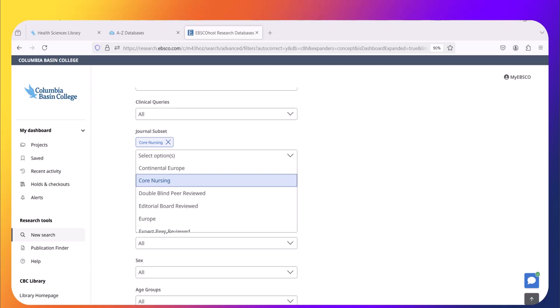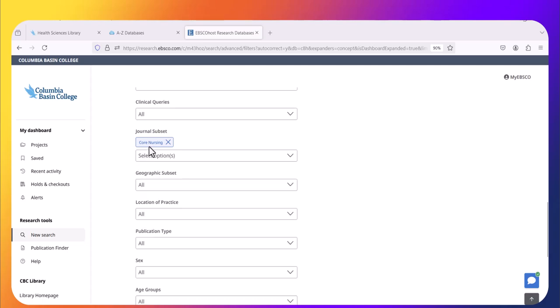While in your second year of your nursing program, when you might be asked to write a paper on a topic with more extensive supporting sources, I would recommend the nursing journal subset. Of course, if you didn't get enough results, you can always uncheck the limiters and broaden your search to all journals. If you're not sure whether a publication meets the criteria for your assignment, please double check with your instructor.